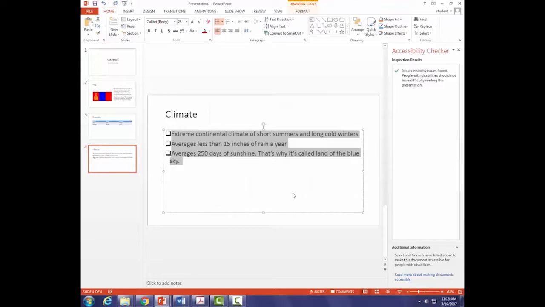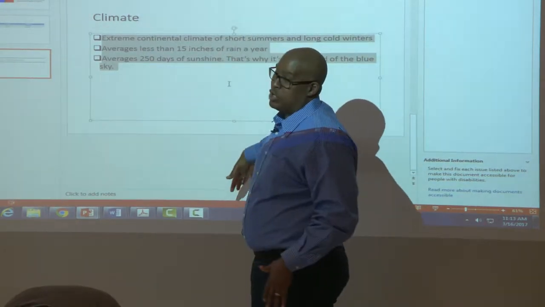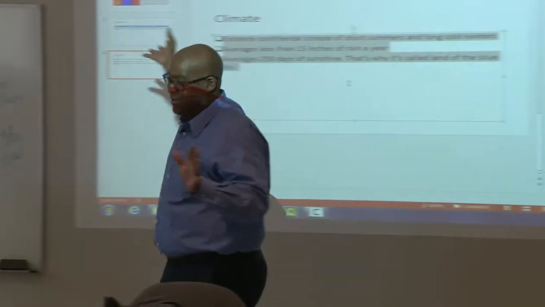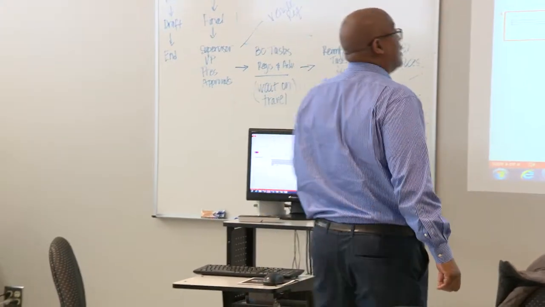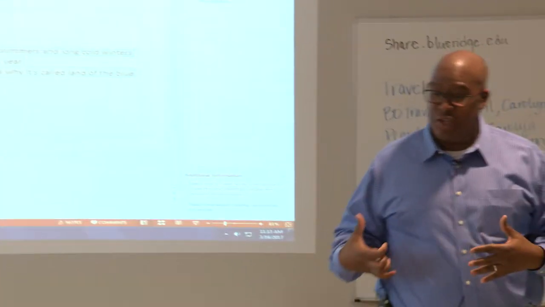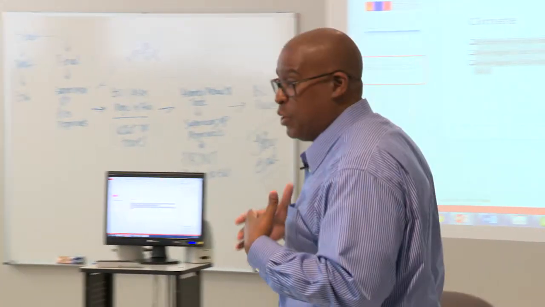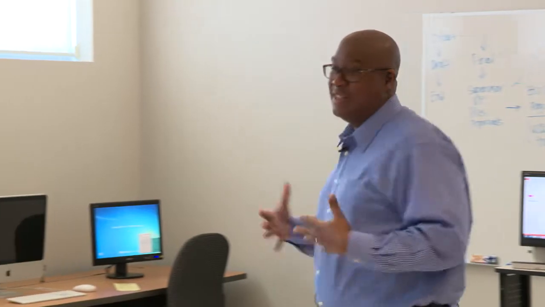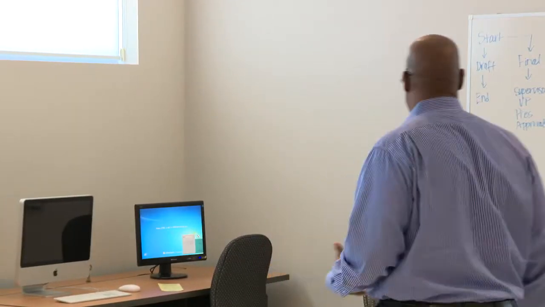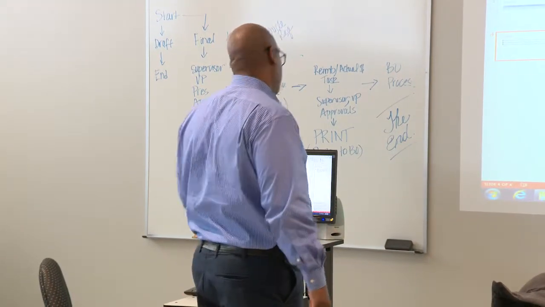So, I changed mine to those squares. And again, I just use that built-in feature. That's what PowerPoint calls those ordered lists. They're just bullets and numbers. That's it. So as you can see, we're still accessible. Remember, that green check mark does not tell us what is accessible. We are human beings. We are the only ones who can ensure what is and is not accessible. A machine can't do that for us. So we still have to be able to look at stuff and see if it's readable or relatable.